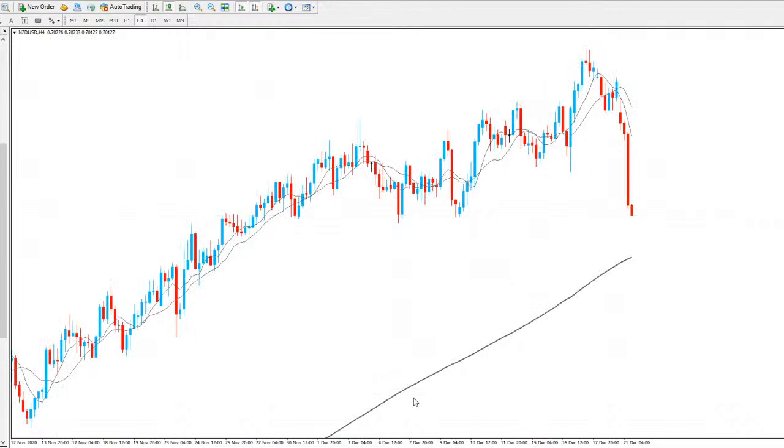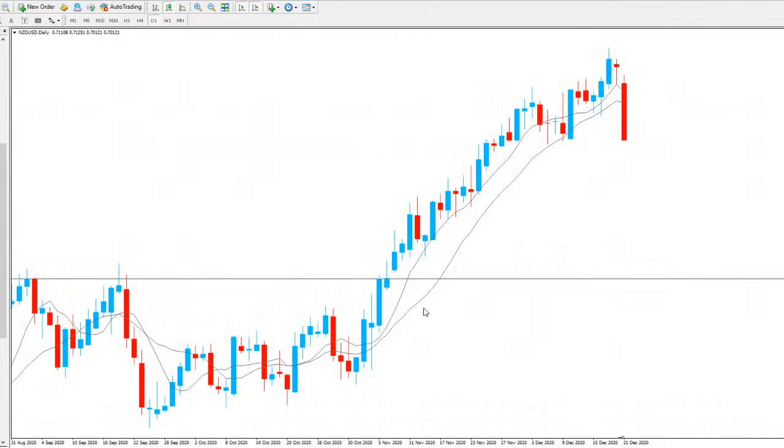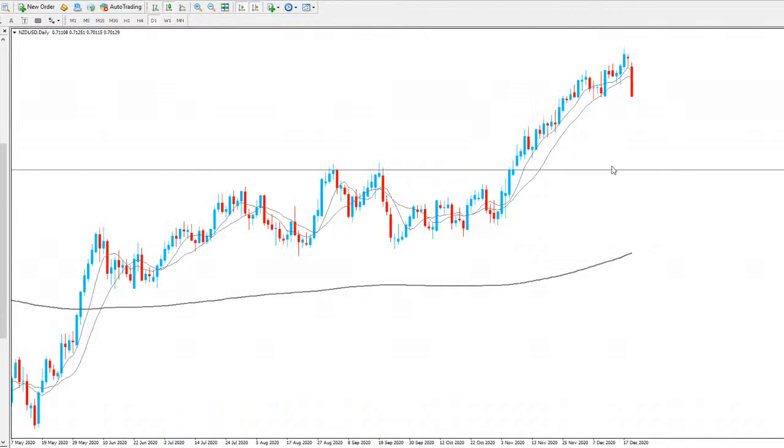NZD-USD looking very bearish as well, similar to AUD-USD. As you can see, just a big drop to the downside, and we're finally potentially going to have that move I've been talking about for a couple of weeks now. As you can see, we broke to the highs quite a while ago now. This is previous resistance where we had that double top and that push to the downside. Broke above there. We didn't have a retest of this area here, so we had this big move to the upside, big extended move, no real strong pullbacks in the market.